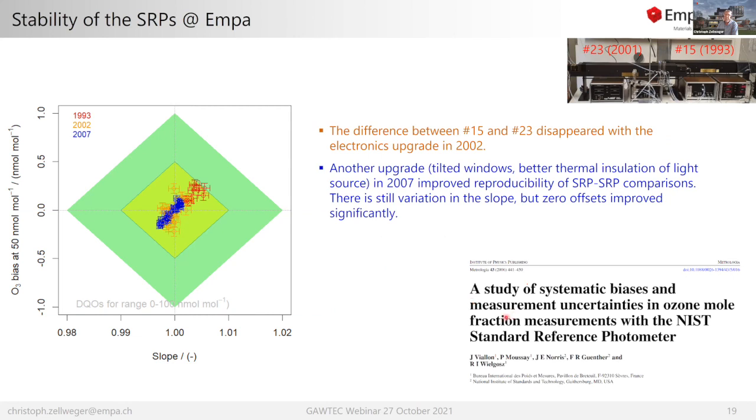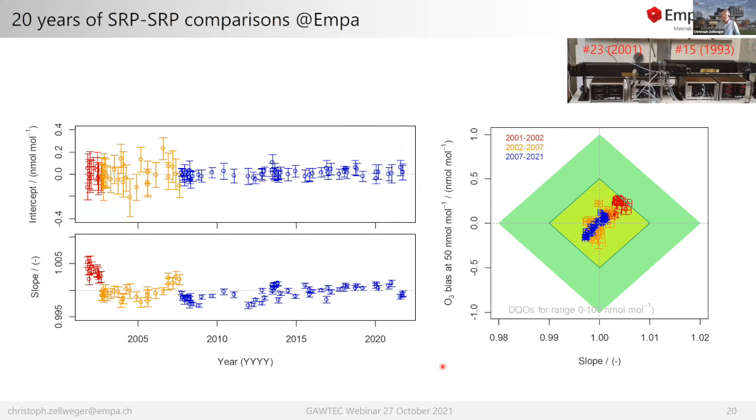where there was another upgrade of the SRP systems that compensated for some systematic measurement biases due to multiple reflections in the measurement cell. This was corrected with tilted windows that prevent the light beam from doing multiple reflections, and also better thermal insulation because there was a temperature gradient over the measurement cell, and the temperature measurement was made only at one point. So the temperature gradient is now also smaller, and this gives a lower uncertainty of the temperature measurement. So here again, you see since 2007, it's really stable,